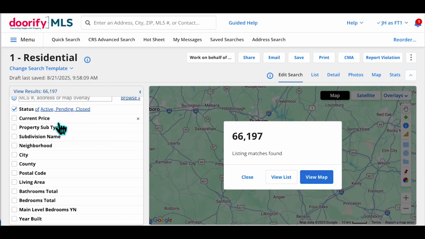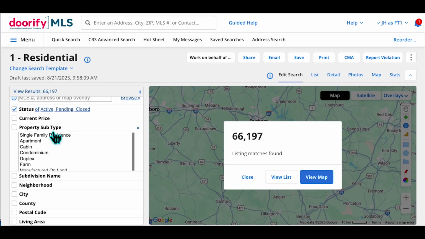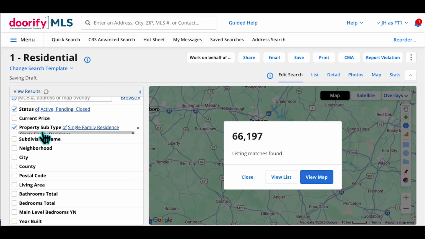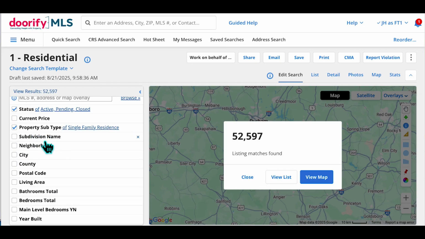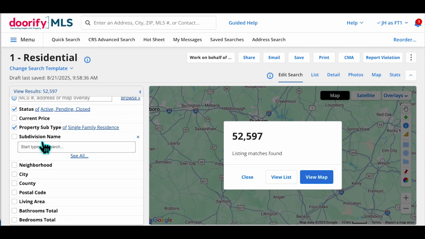I can set my price ranges, property subtypes to make sure that I'm looking and pulling in what I want. If you want to search by specific subdivisions or neighborhood, I think I heard mentioned yesterday that currently Paragon is working on having sort of the pick list for subdivisions. Is that correct? But it's not there yet? Not there yet. But it is coming. But until that time, if you are searching on subdivision, wouldn't it be nice if there was a pick list where I could just come in and